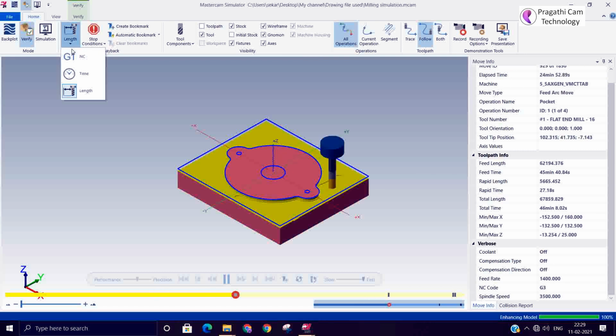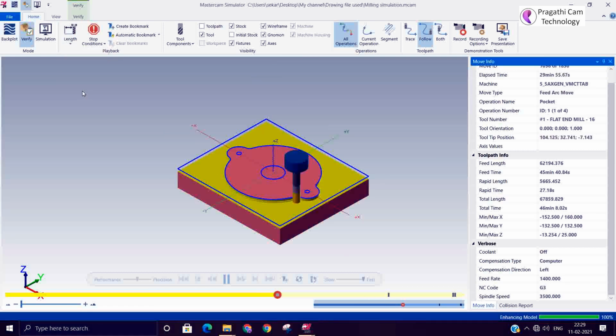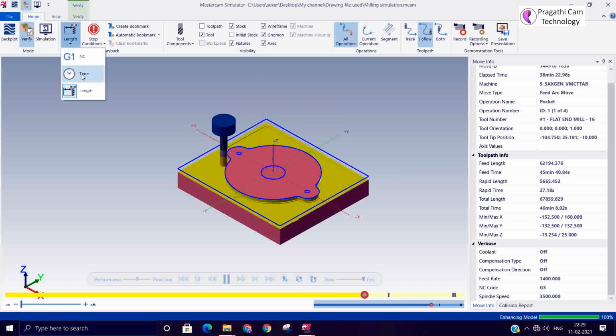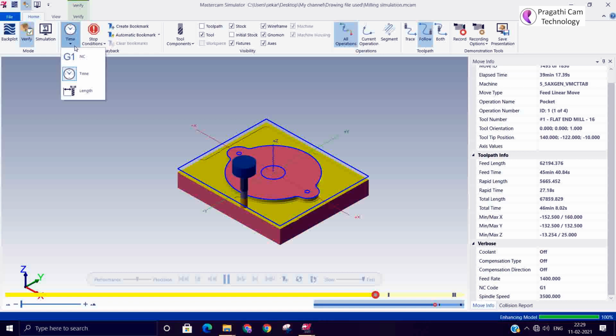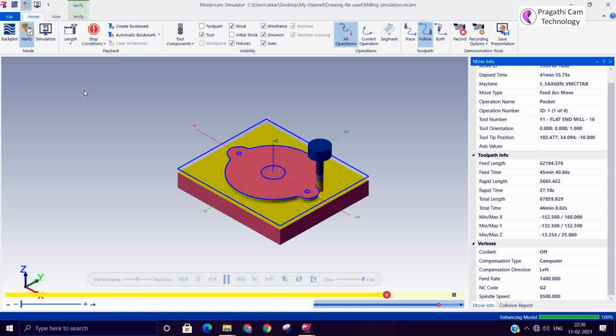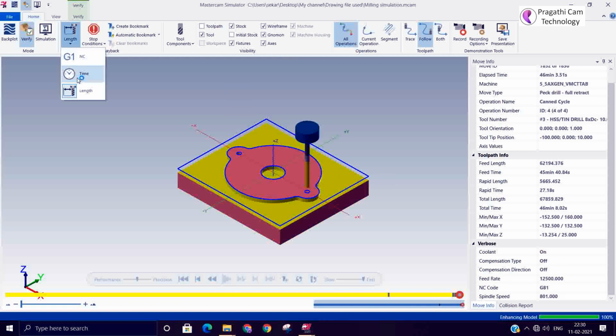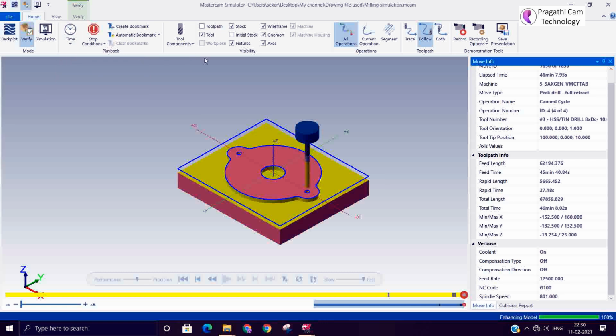You can increase the speed of simulation and reduce it. So you can change the speed also. You can verify the simulation time, or otherwise run it in normal time.